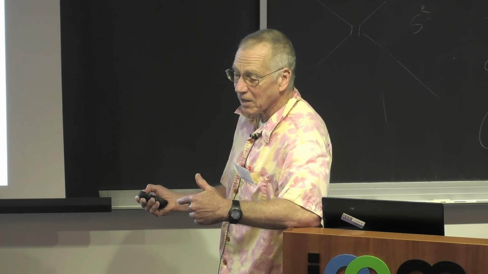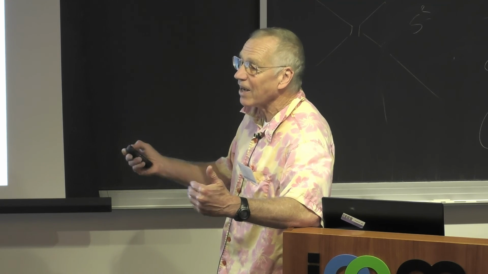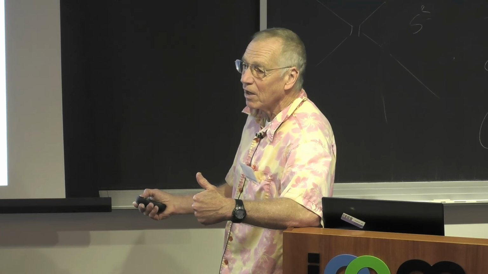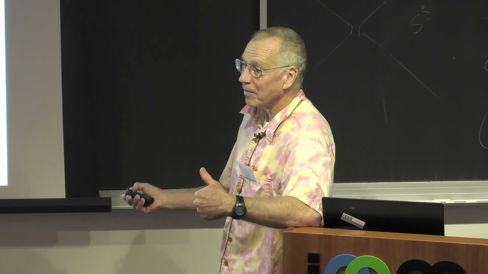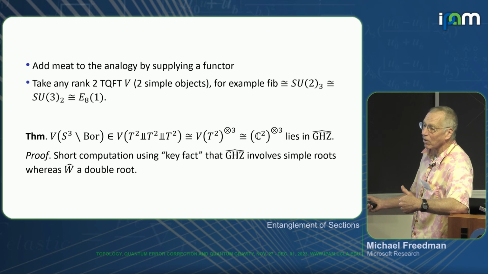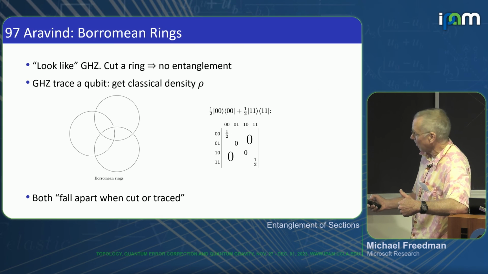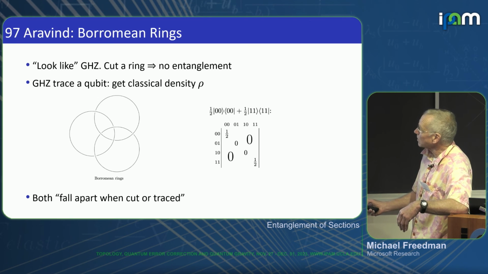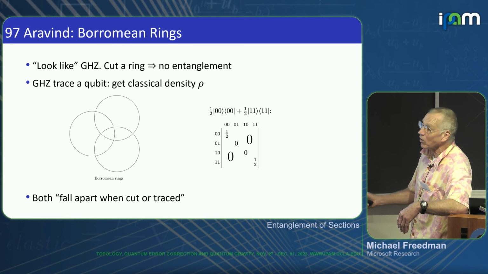So remember, S is the stochastic part, and that means that when you study questions of entanglement with respect to their classification, you can use any independent basis. It doesn't have to be an orthonormal basis. That's kind of the import of the S. And it turns out that the Borromean rings is really hard to analyze in an orthonormal basis, but it's sort of easy in a non-orthonormal basis. And the point here is that a non-orthonormal basis for this 8-dimensional Hilbert space is just the meridional and longitudinal fillings of the 3 rings.